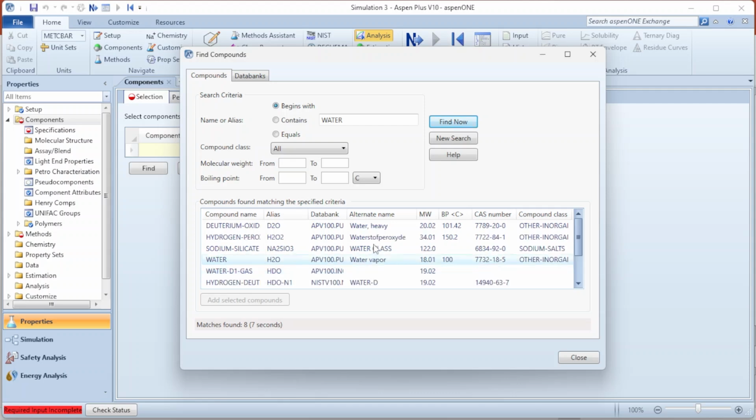So we have to use these search criteria to narrow our way. If we say we need water only, so the water that everybody knows, it will just narrow our search, the same as contains. So within 7 seconds, 8 matches have been found for water alone when we choose begins with. So I'm going to check in equals